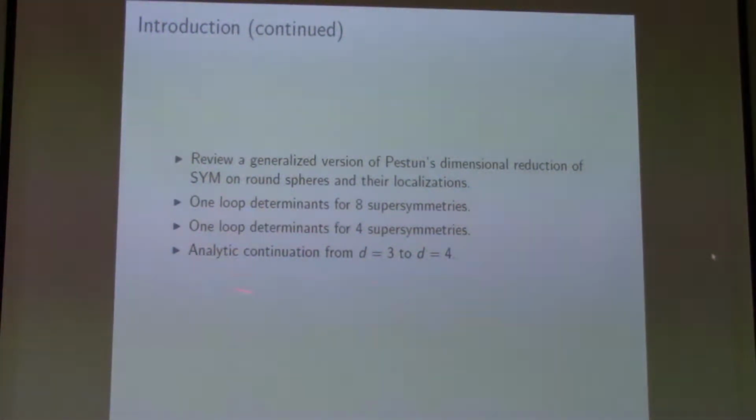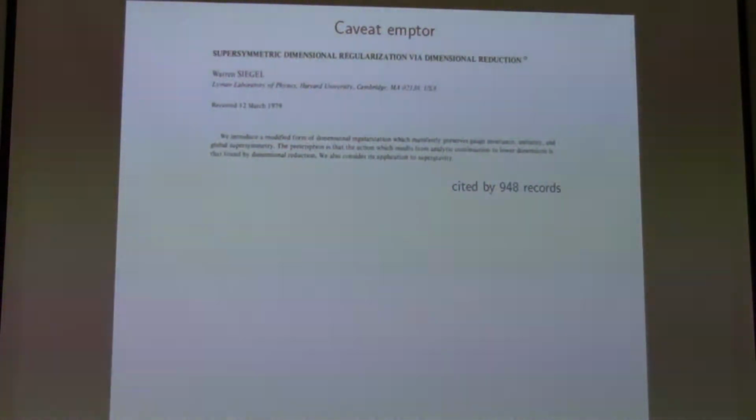And then I'll talk about how you can use this to try an analytic continuation from d equals 3 to d equals 4 when there are 4 supersymmetries. Okay, so a warning. Essentially what we're going to be doing is dimensional regularization for supersymmetric